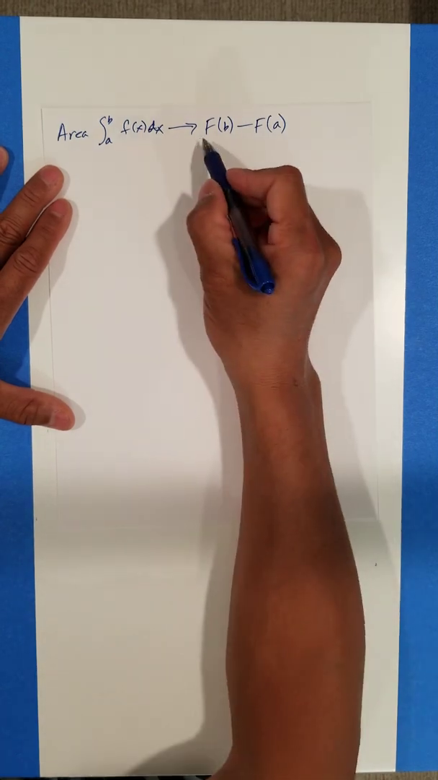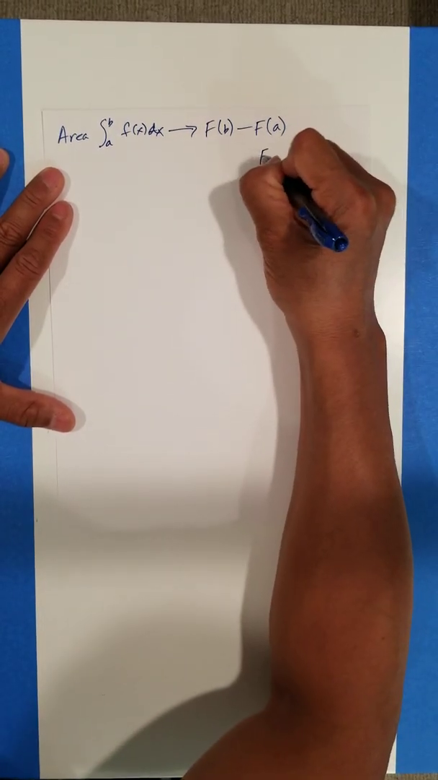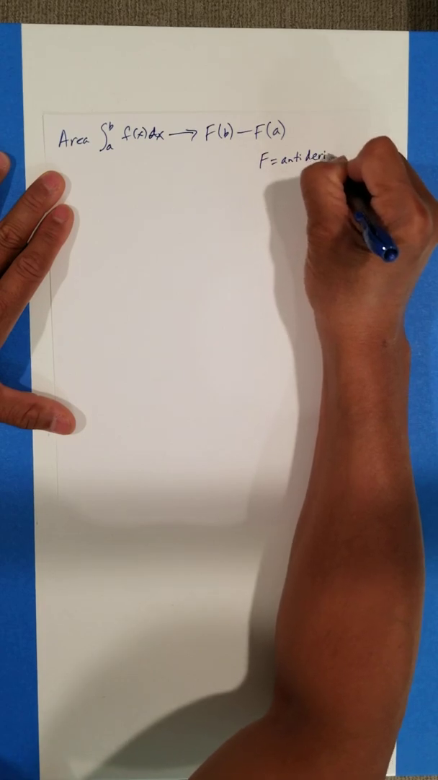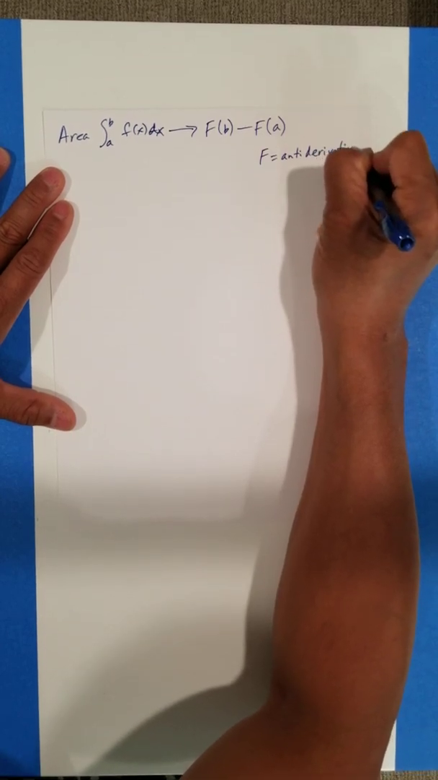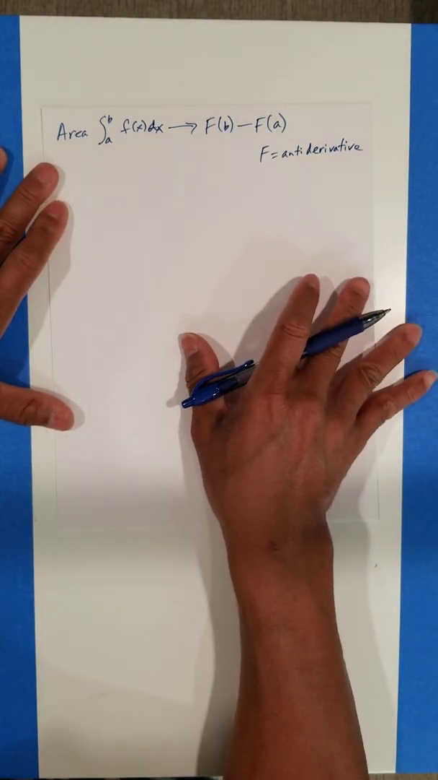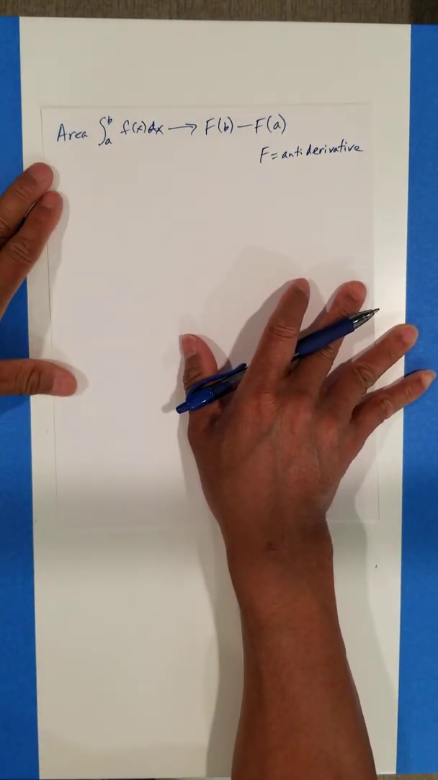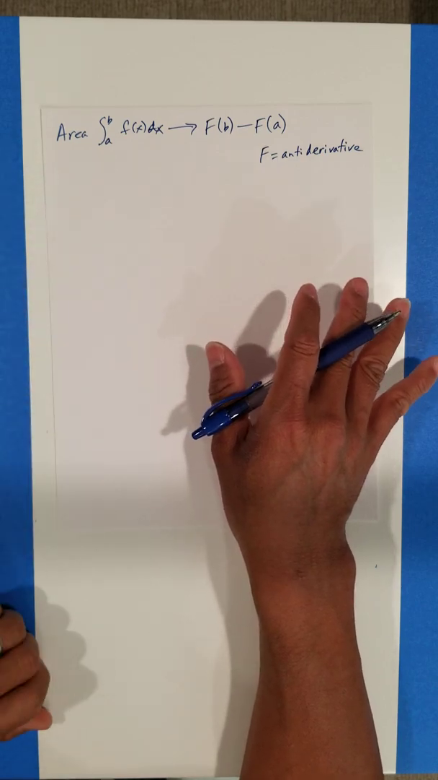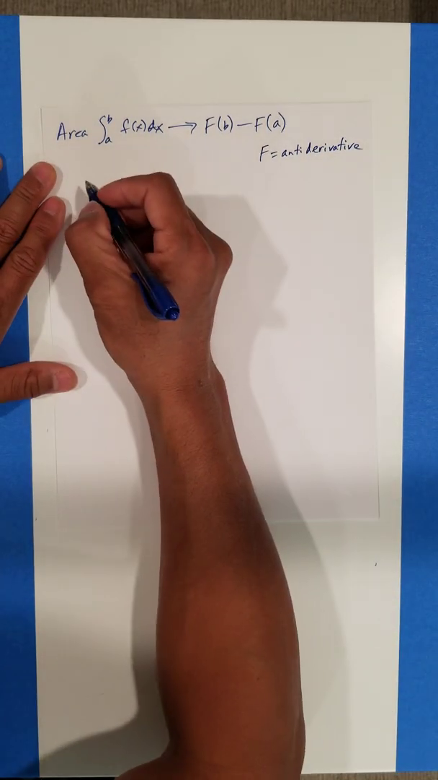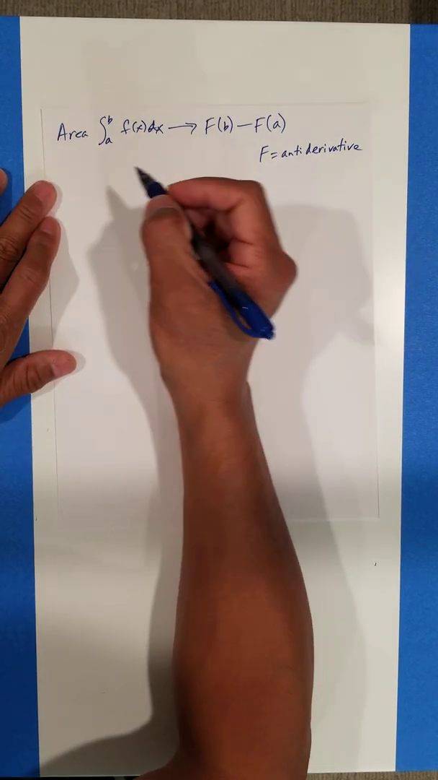Okay, this capital letter means antiderivative. Okay, so when you're looking at a function, you gotta ask yourself, what made that? Okay, so for example, let's say